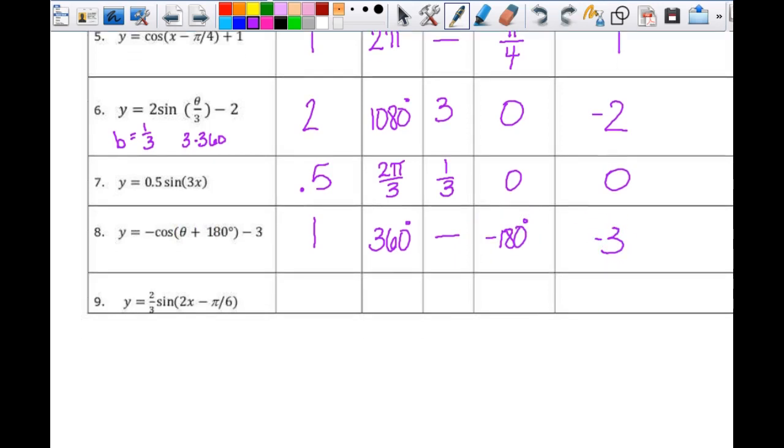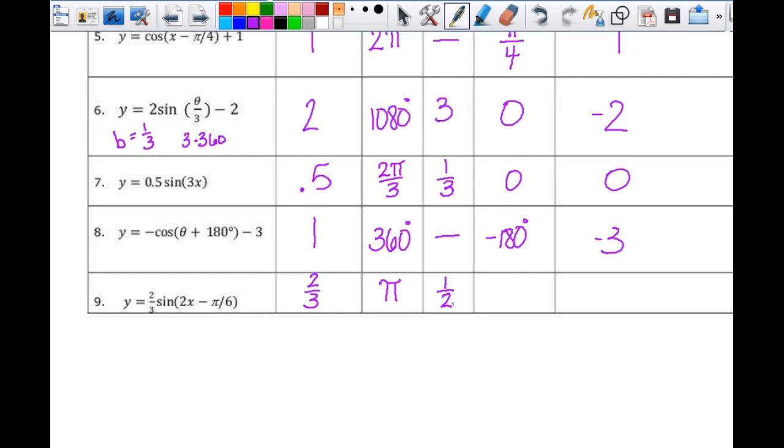All right, so then number 9, my amplitude, a is 2/3. Then I need my period. My normal period for sine is 2 pi divided by 2 gives me pi. My horizontal stretch or compression, there is one. b is equal to 2, which means I'm going to divide by 2 or multiply by 1/2. And then my